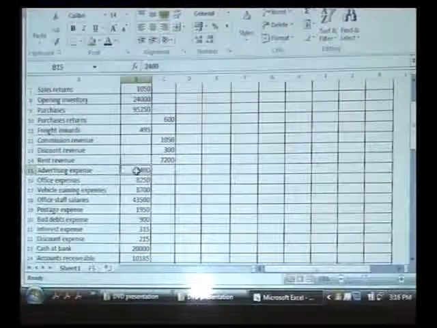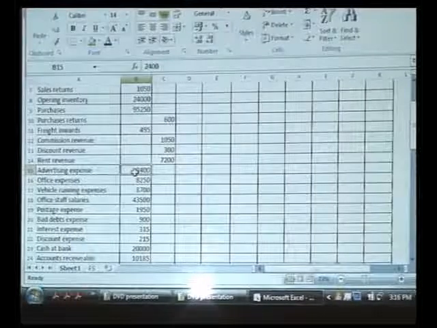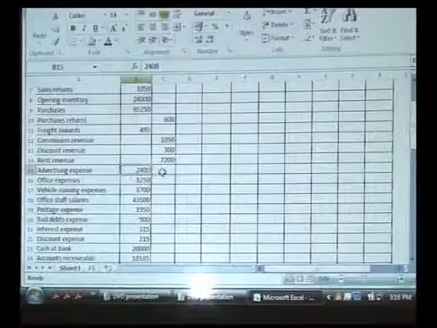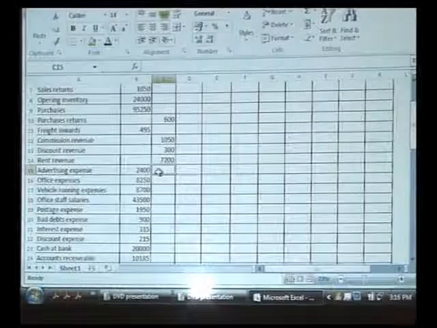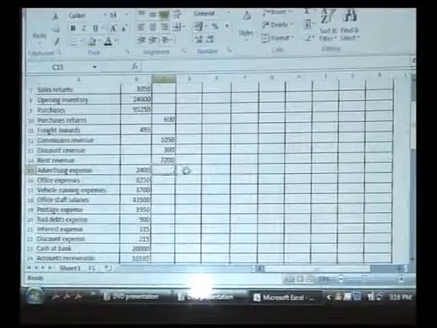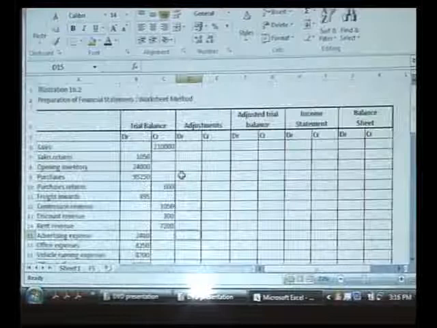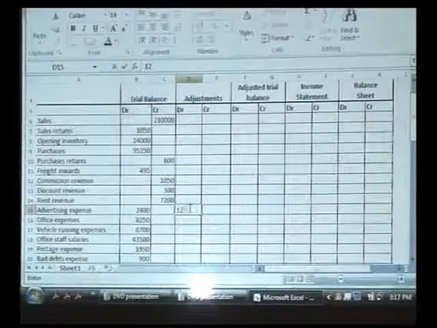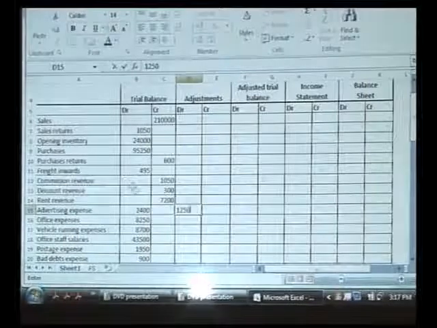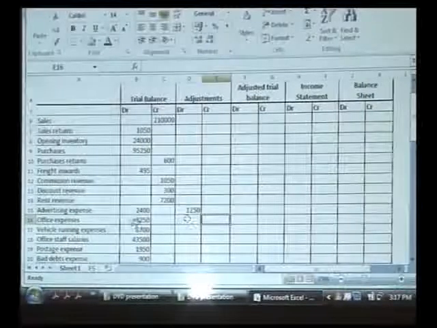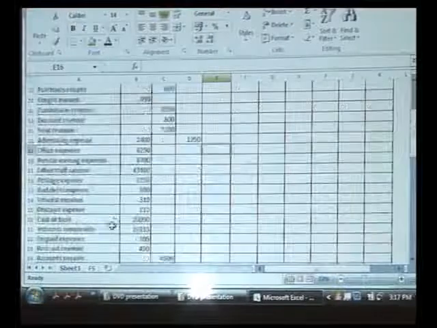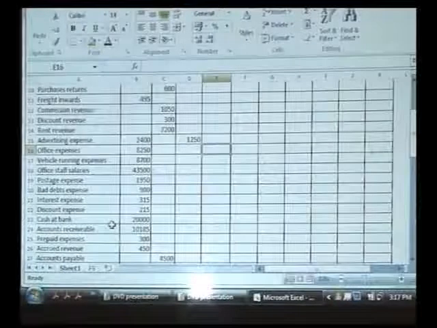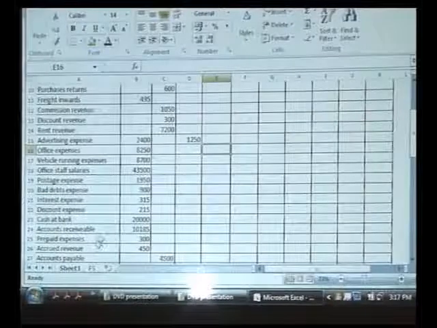Advertising expense here 2,400, and what it says, accrued 1,250, accrued 1,250 means debit 1,250 here. And also here you can see accrued